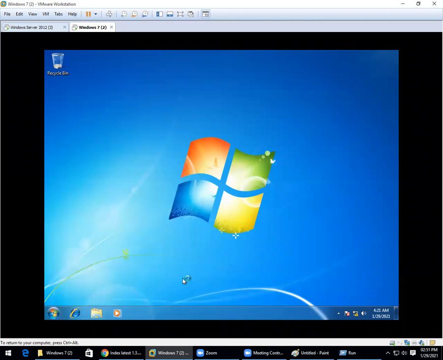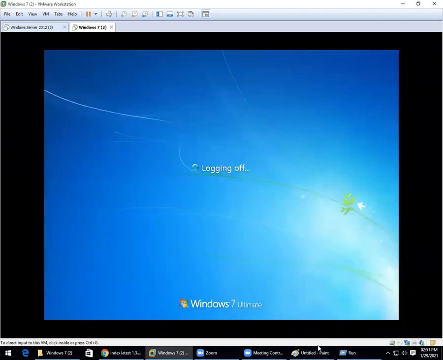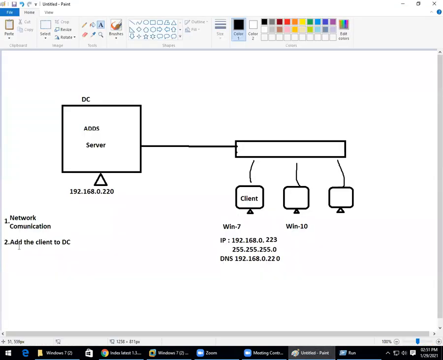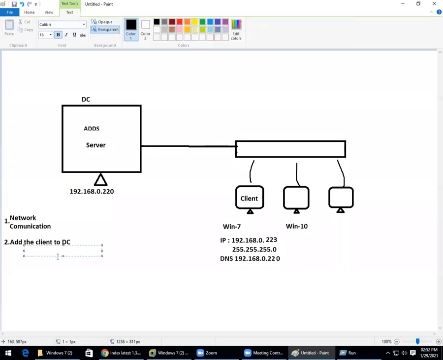So this is what I've said: add the client to a domain controller, from the system properties, by going through these options.